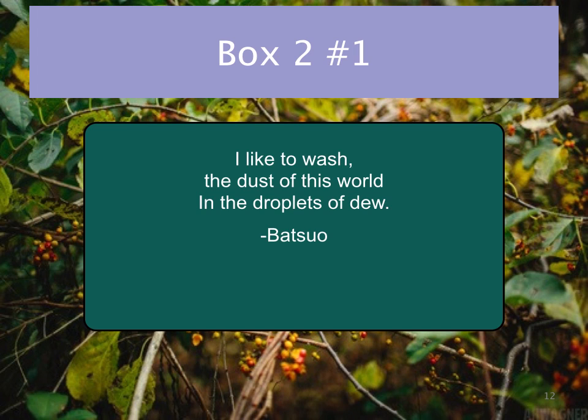In box number 2, you have 6 little poems, and you're going to decide what form each poem is. So again, I'm going to flip through this video rather quickly, and you need to pause, think about what type of poem this is. Is it free verse? Is it lyric? Is it narrative? Is it free verse and lyric, free verse and narrative? Is it a memorial poem? Is it a limerick? Is it a haiku? So go ahead and complete these exercises now.